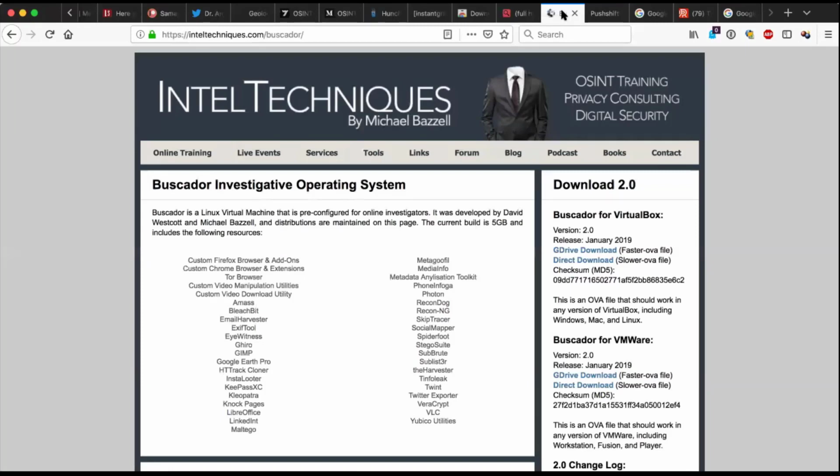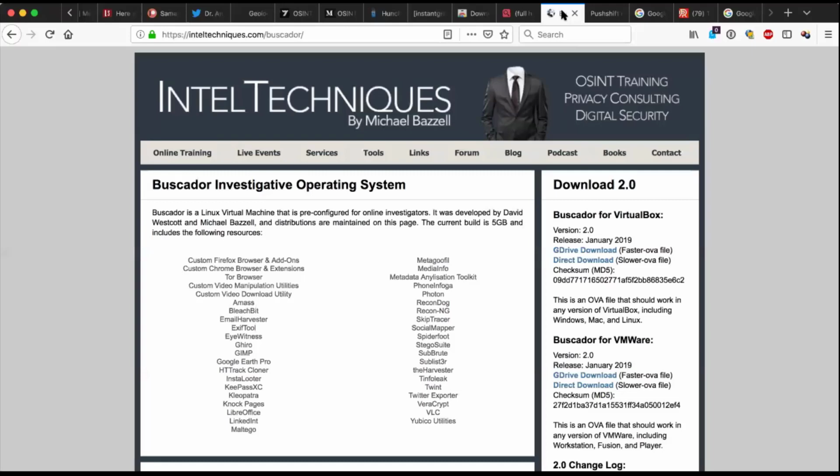Yeah, I think the whole community is always anticipating a new update on Buscador by Michael Bazzell and David Westcott. Well, this week, the official 2.0 version was released. It's a virtual machine platform based on Gnome. And with this new build coming out, it's just awesome.